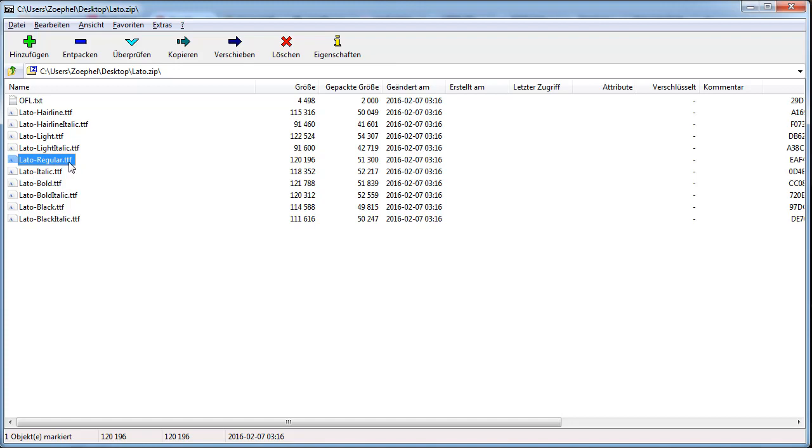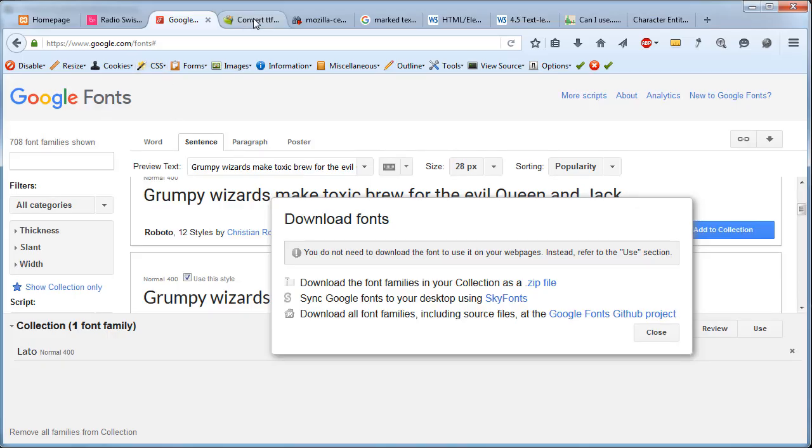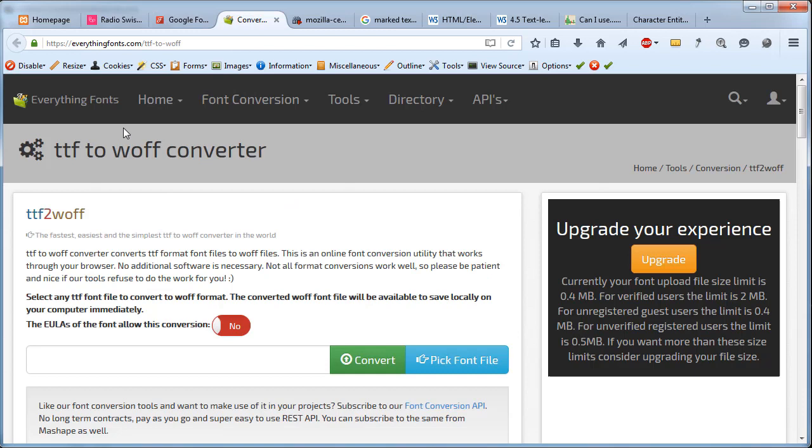And we can see here that all these font family versions are in the format of TTF. And TTF is the same as with music: there are different formats. TTF is not the format that is recommended to be used on the web. Instead, it is the WOFF format, at least in the year that we have reached so far, 2016, so at least nowadays. And therefore, we should convert that font family from its TTF format to the WOFF format,